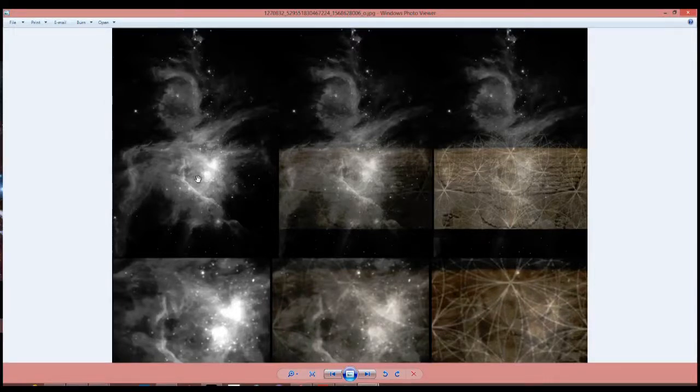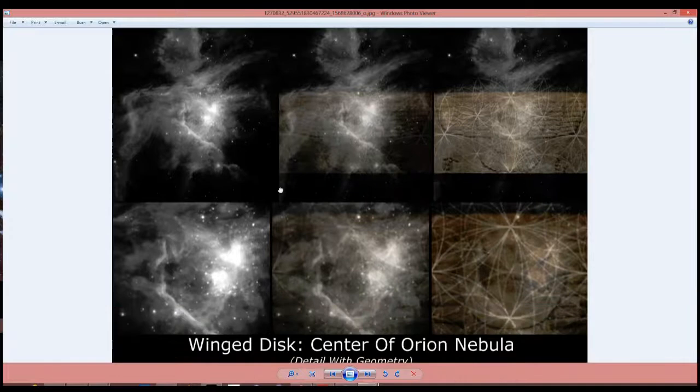And if we take a look at the geometry associated with the winged disk that you see right here, the same geometry that is incorporated in the winged disk above the Assyrian Tree of Life, at which point they had perfected their geometry, is the same geometry that we actually see inside the Orion Nebula itself. The diamond shape that you see right here covering this area is the same diamond shape that we see right here as we do the transition all the way into the very center of the Orion Nebula,